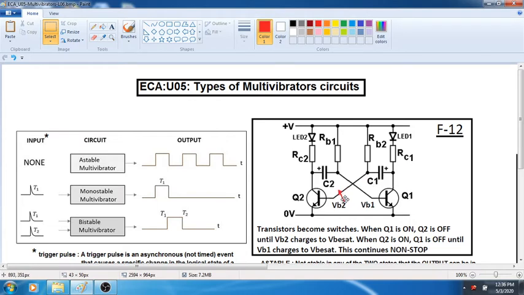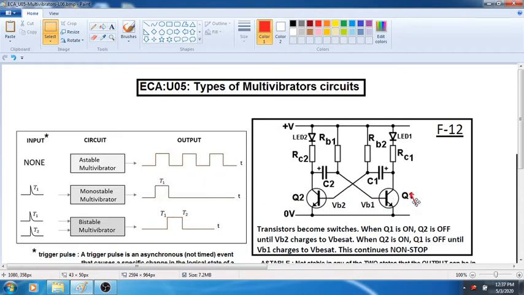So this keeps on happening without any external involvement of any other signal. So we don't have to give any external signal to this circuit to behave like this. So the output of an astable multivibrator will be, see this waveform we are taking either at Q2 or at Q1 collector, not both of them, because Q1 output, if it is like this, Q2 output will be reverse of this one.